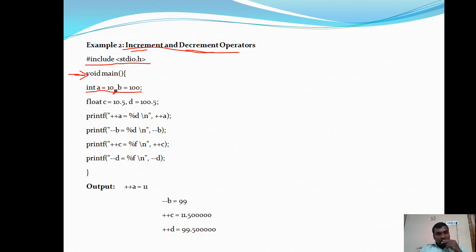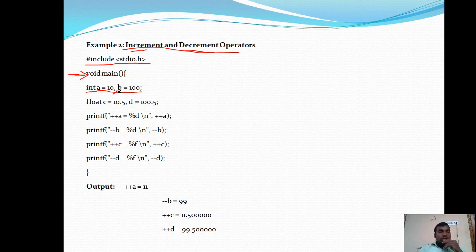We use the comma operator to separate related operands or expressions, as a separator. Here a and b are related because they are of integer data type, so these integer variables are separated with the help of a comma.